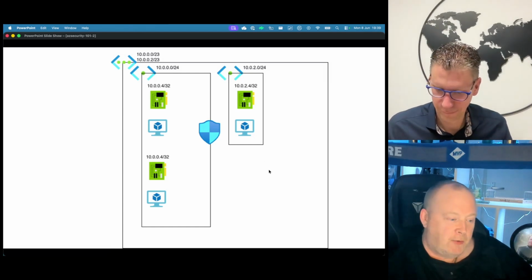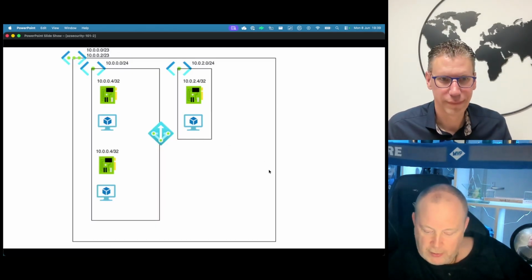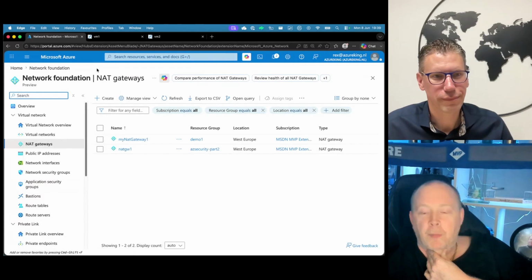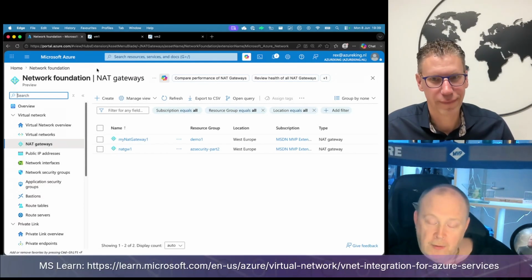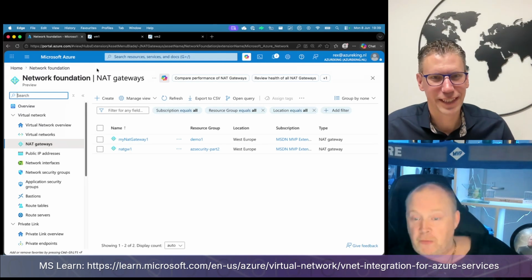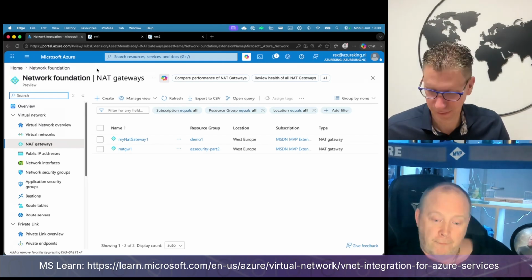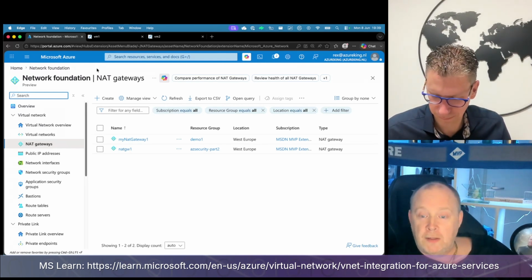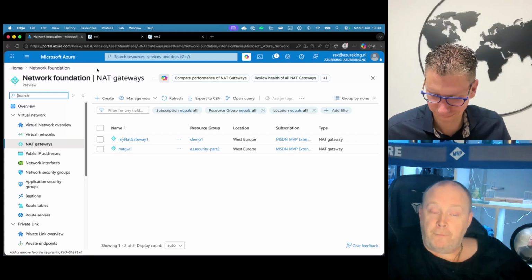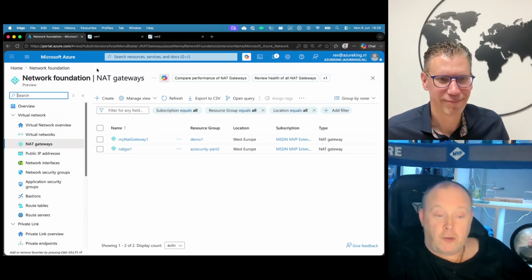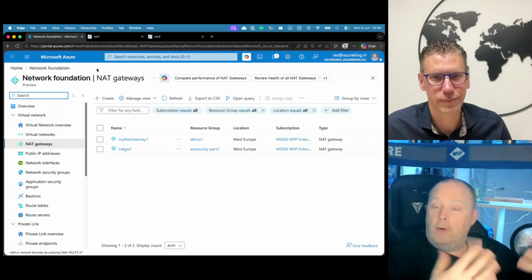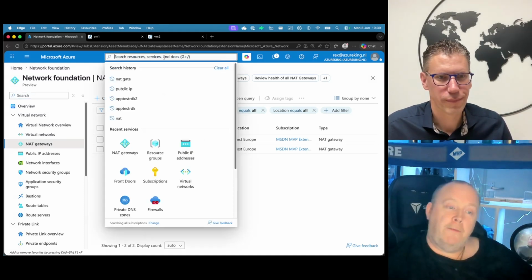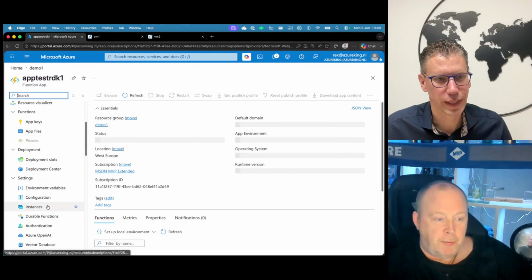And of course, there is a lot more that you can do with Azure Networking. We were talking before a little bit, and one of the things you mentioned was maybe it's interesting to show some vNet injection. And since we're here, why not? So vNet injection, for people who don't know what that is, that's basically, for example, if you have a function app, because that's something that I have up and running, so I can show it easily. A function app or a web application, basically,